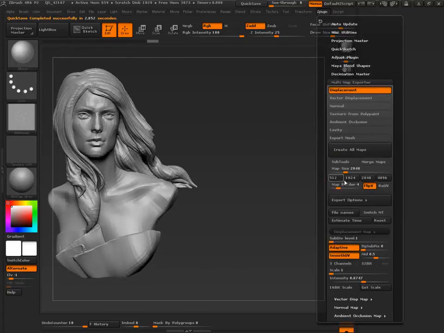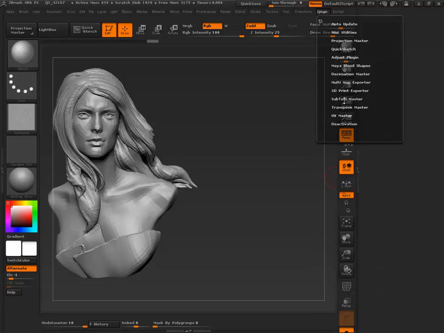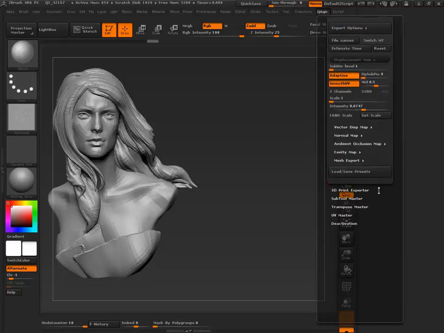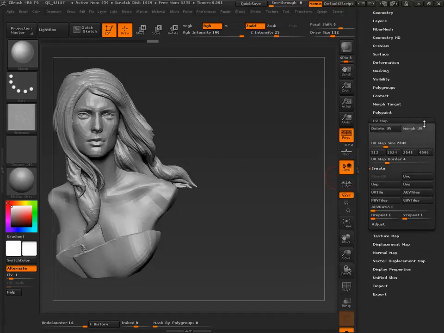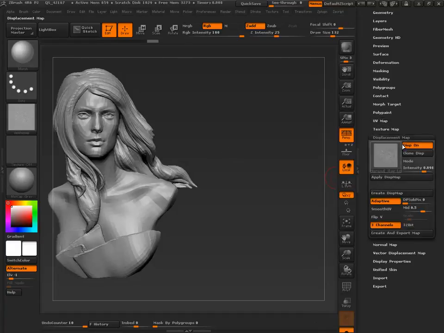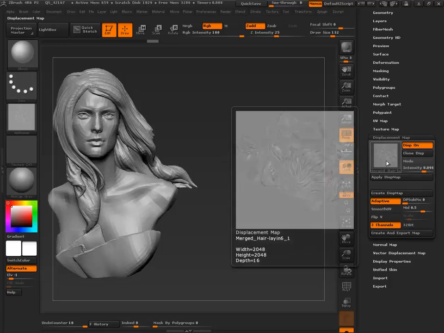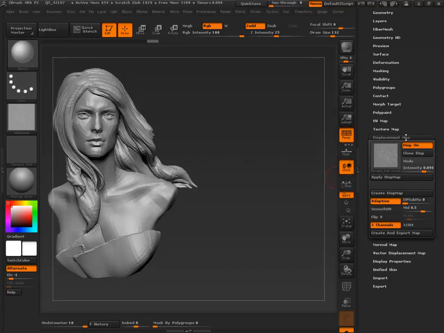Okay, anything else I can show you guys about this? Yeah, this multi-map export is a great one for you to look at. It's been updated, so it's quite powerful. But if you're not getting maps, it has to do with your UVs, or it has to do with something else with your topology, and that's where I would definitely give us a call, see if we can help you work through that.